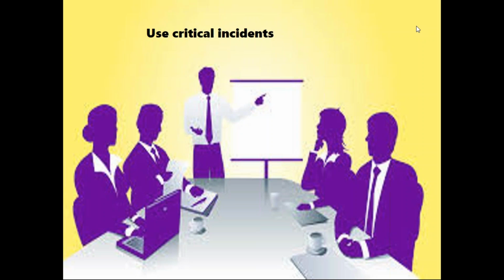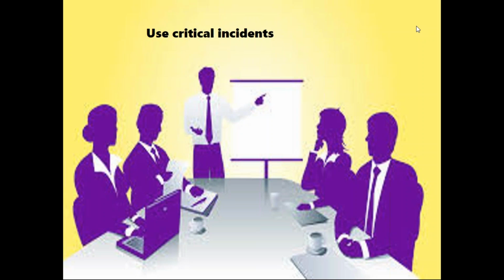Then the second question is, what didn't go well? Now, you won't have any problem getting people to talk about that, because people are prone to be risk averse and to talk about the negative. So what didn't go well? Okay. Now, the third question that you ask about a critical incident is, what will we do differently as a result of this discussion? Which, of course, is the really important part of looking at the critical incident. So what changes as a result of this discussion?